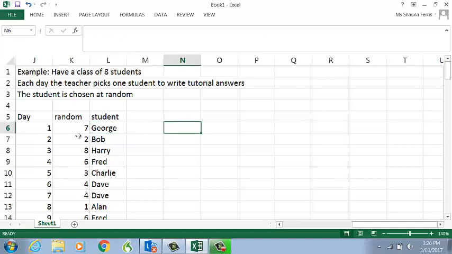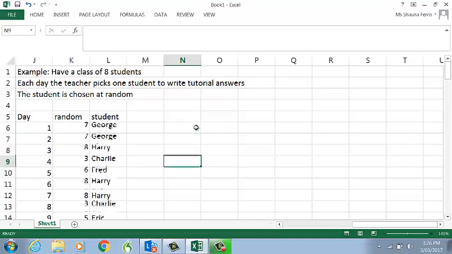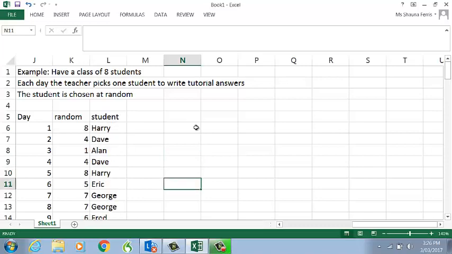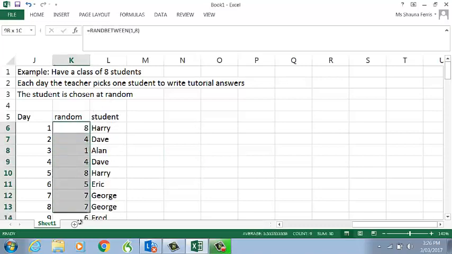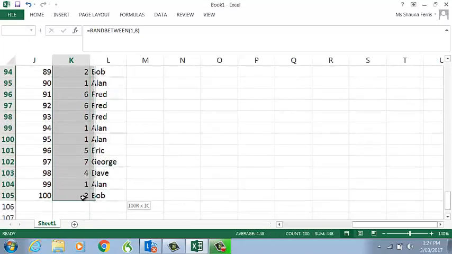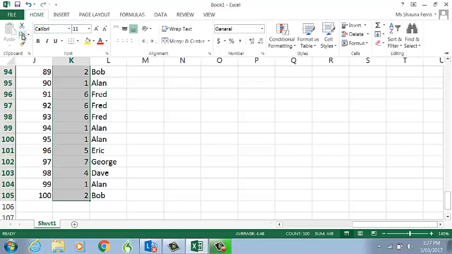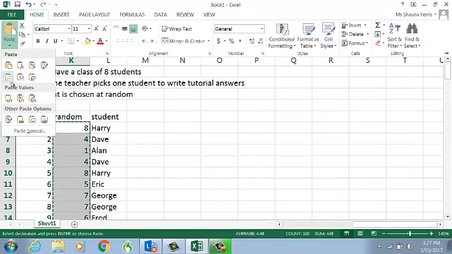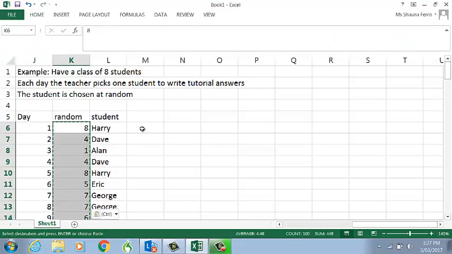If we want to, as you can see, again, every time we hit spacebar, we'll get a different list of students. So let's say we want to keep that constant. We'll just highlight those numbers and say home, copy, paste values, and that will lock in the values that we've